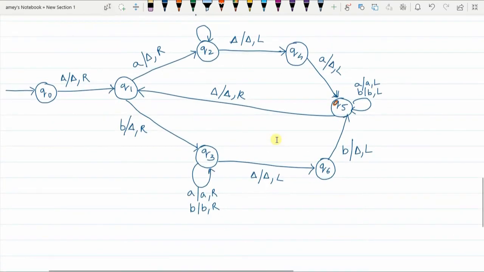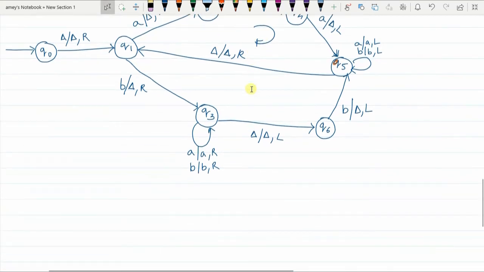So if you carefully observe, this top one is a loop which ensures that for A, we have cancelled out a matching A at the other end, and after doing that cancellation, you come back to Q1. Similarly, the second loop here ensures that for a particular B in the palindrome, which you started from Q1, that was cancelled, you come back to Q1, and this ensures that you have just cancelled the matching B at the other end.